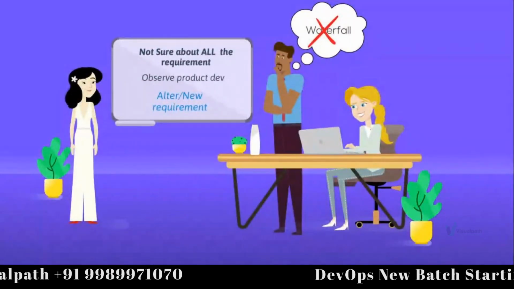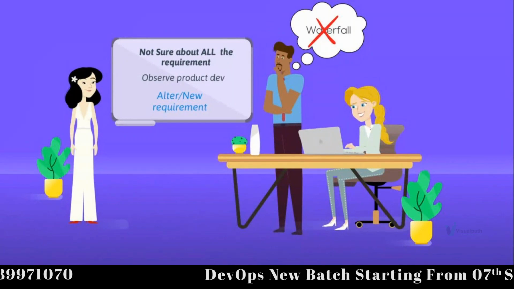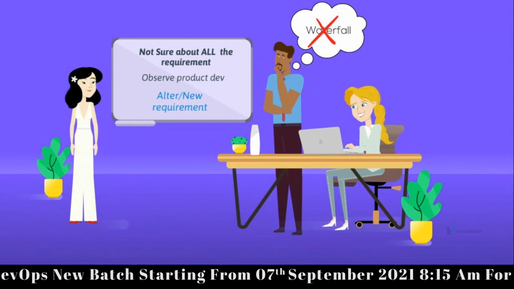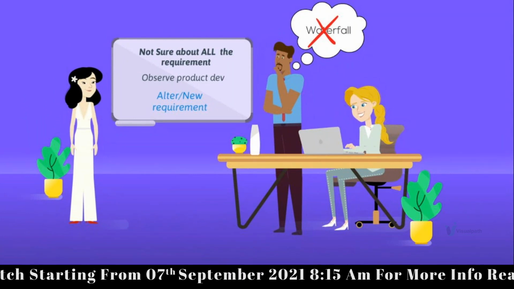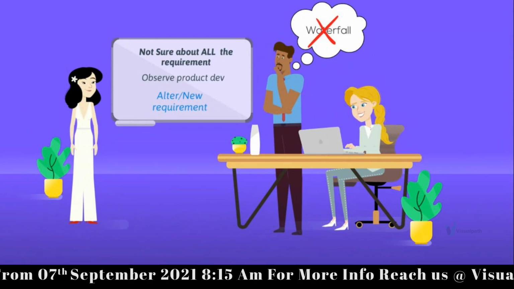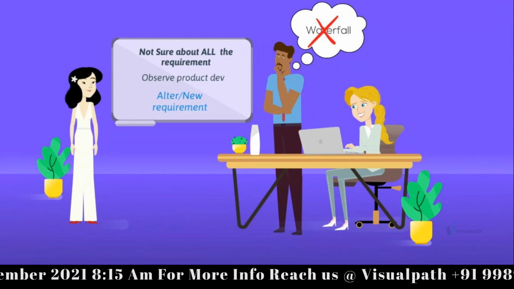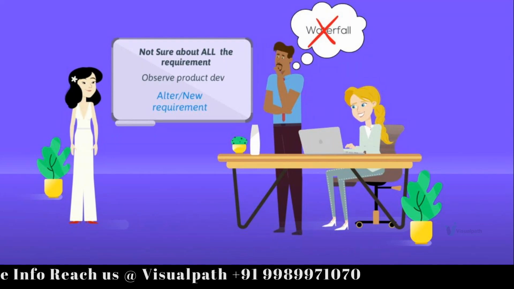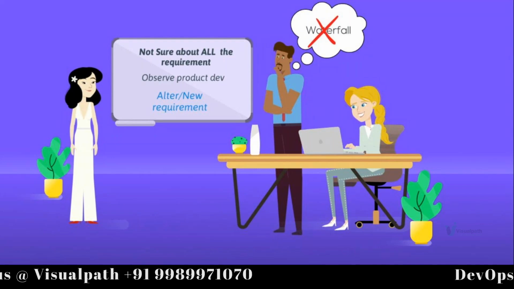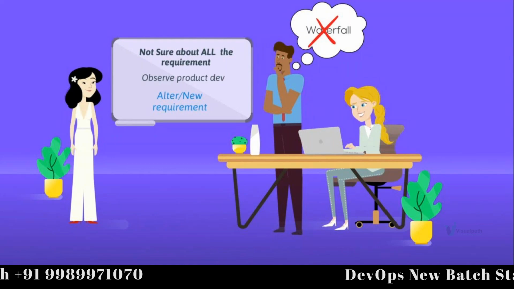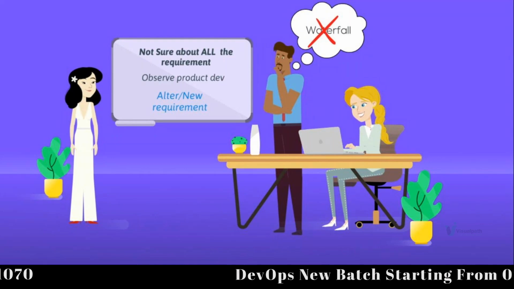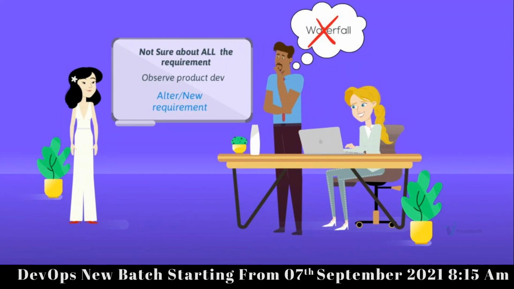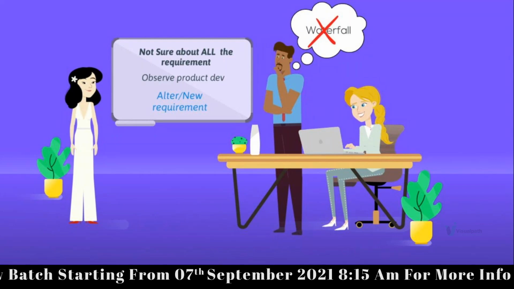So coming back to our story, Emma is meeting with the project head, and she says that she is not sure about all the requirements at once. She's doing this for the first time, right? She would like to observe the development, how they're creating the software, and based on what she gets from the product, she's going to give new feedback. So there is a feedback loop here, and that feedback may change the product or its features in the middle. So waterfall definitely is a no-go, right?